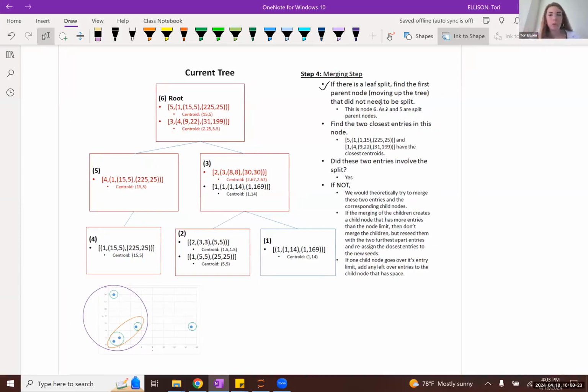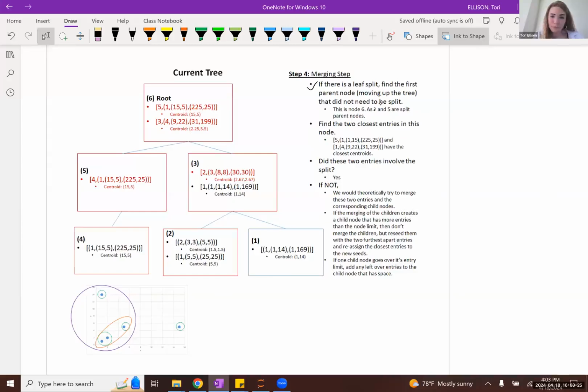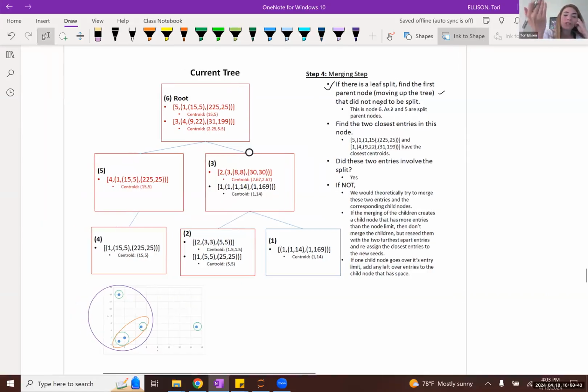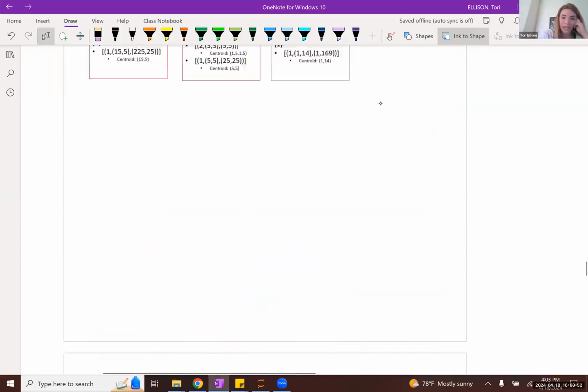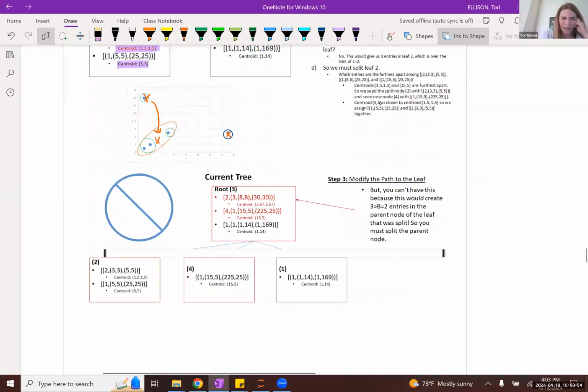So here's how step 4 works if it's activated. Basically, if you split a leaf in one of the subsequent steps for your given iteration, then what you do is you move up the tree and find the first entry, or the first node in the tree, that actually did not require a split. So therefore,